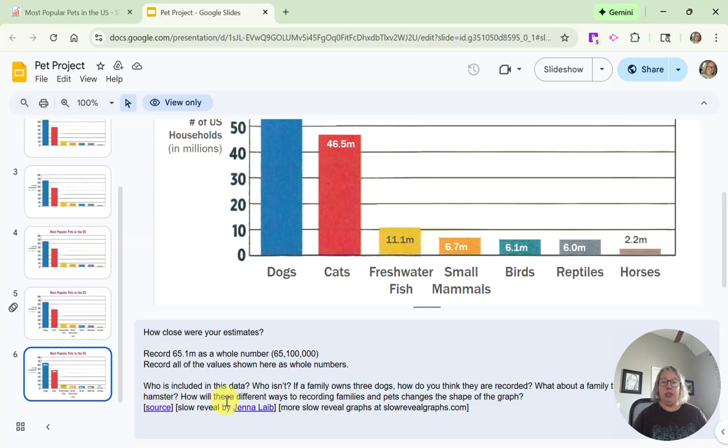If a family owns 3 dogs, how do you think they are recorded? So an important question for students to start thinking as far as media literacy and understanding that statistics can be manipulated to a degree depending on how the information is recorded. So lots of rich opportunities here for